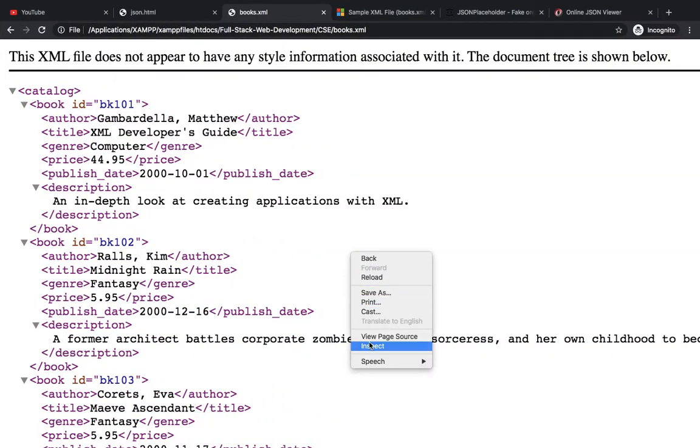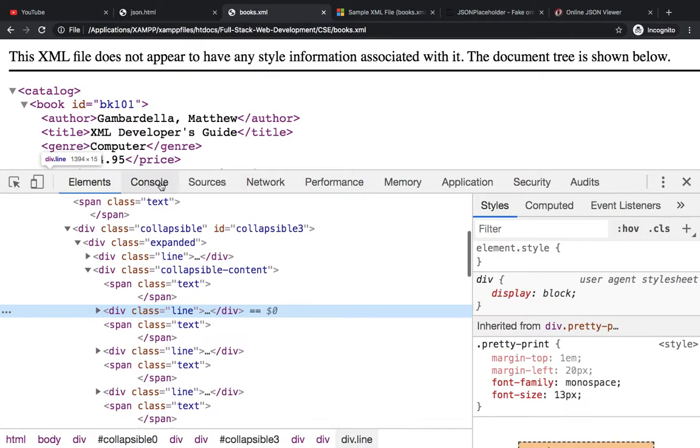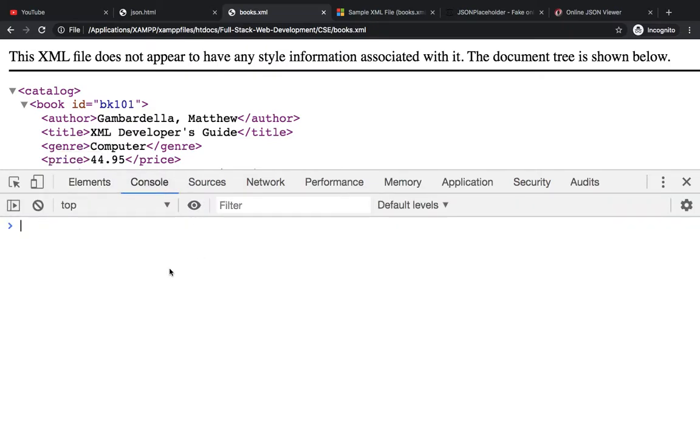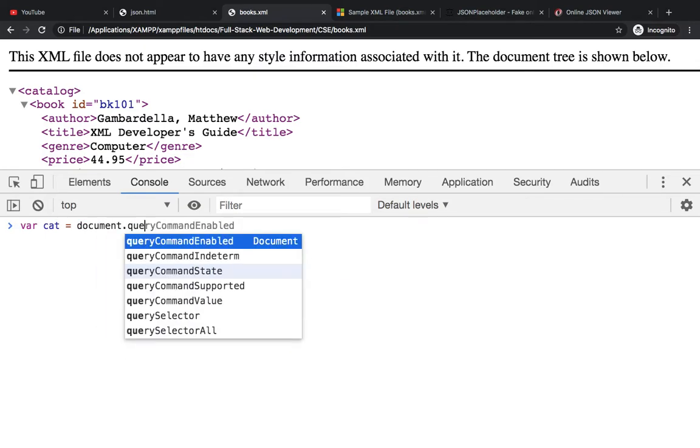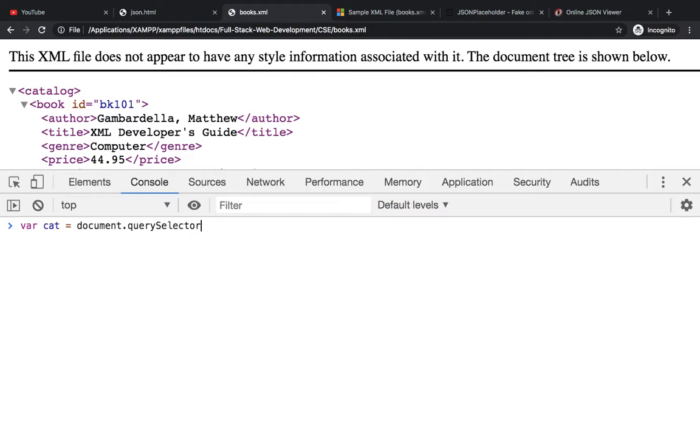You can go to inspect. What I'm going to do is create a new variable, cat. We have used all these functions before.